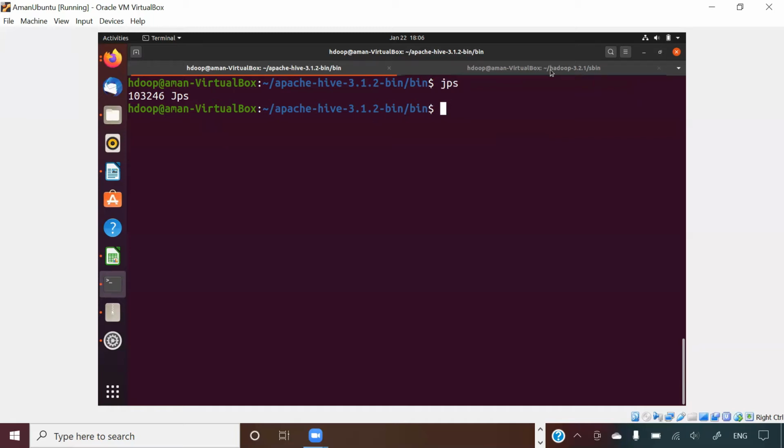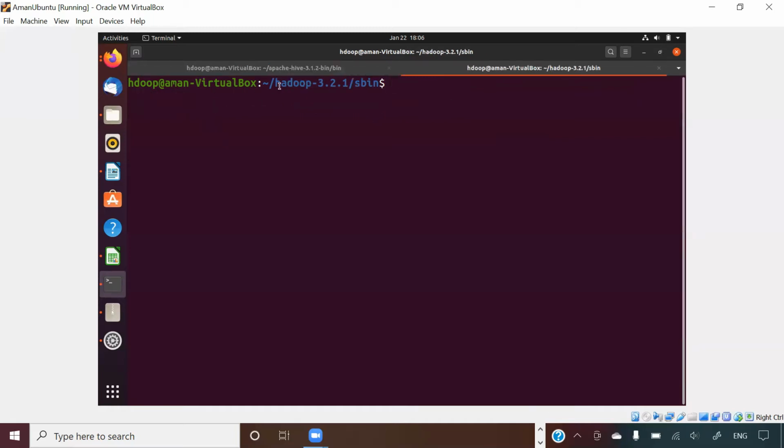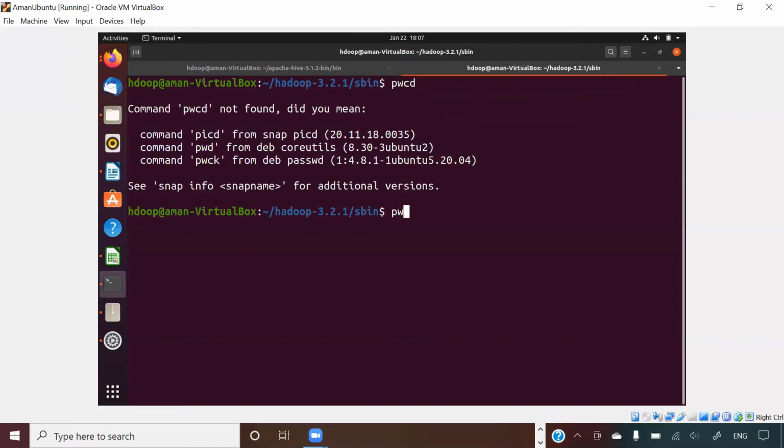For launching Hadoop, you have to go to the Hadoop directory and the sbin folder. What is my current working directory, guys? pwd. It is /home/hadoop/hadoop-3.2.1/sbin.